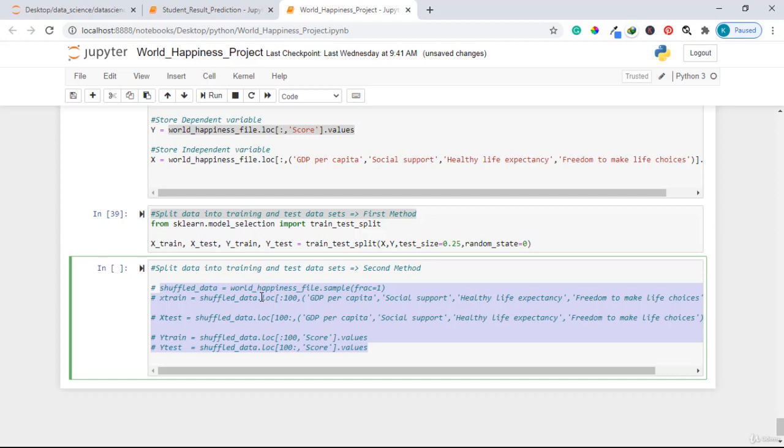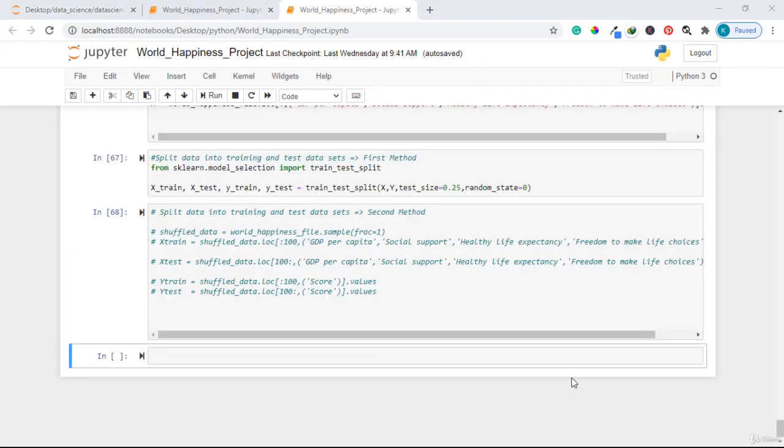I've just commented this out. We do not need it. I'll just be using the first ones. So let us see how we can create our model. Creating a model, in this case, will be very easy. The first thing we need, of course, is the logistic regression algorithm, and it is found in the linear model package. So the way you import it, I just say